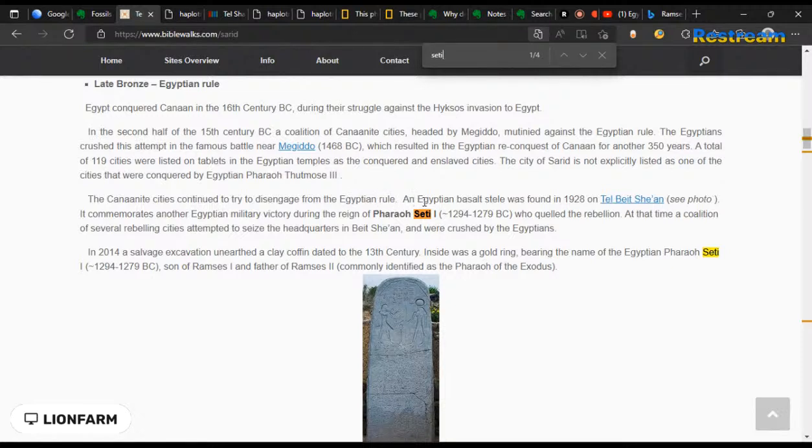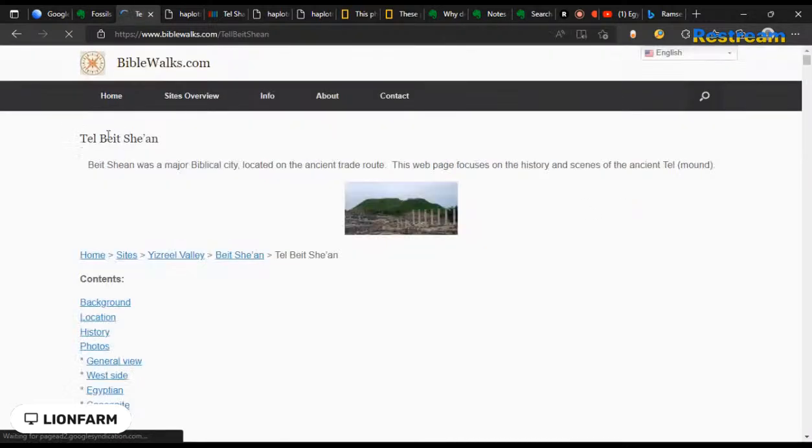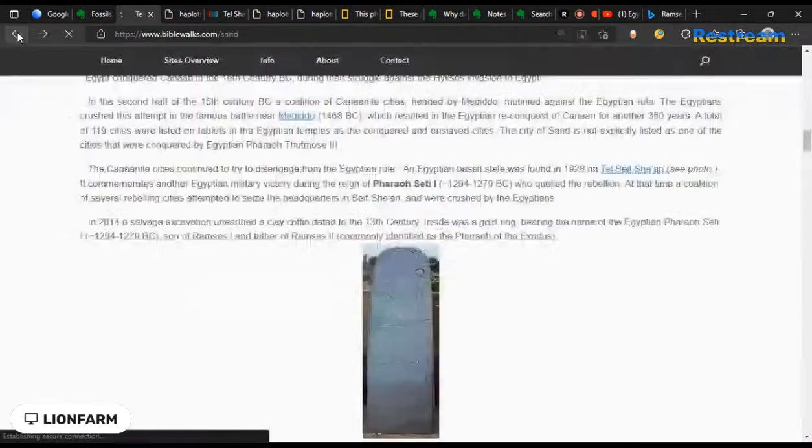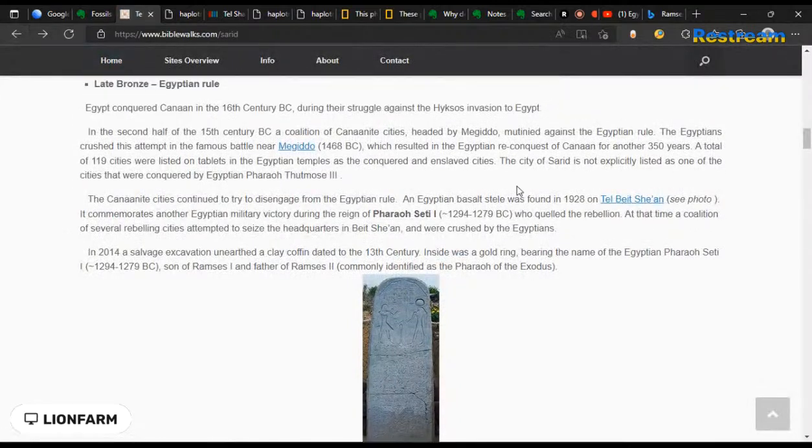An Egyptian stele, obviously, they found a stele, right? It was found in 1928. This is the stele, or a little area. I'm just going to go down to talk about what's going on there. You can see right here where it talks about basically Egyptian military conquest